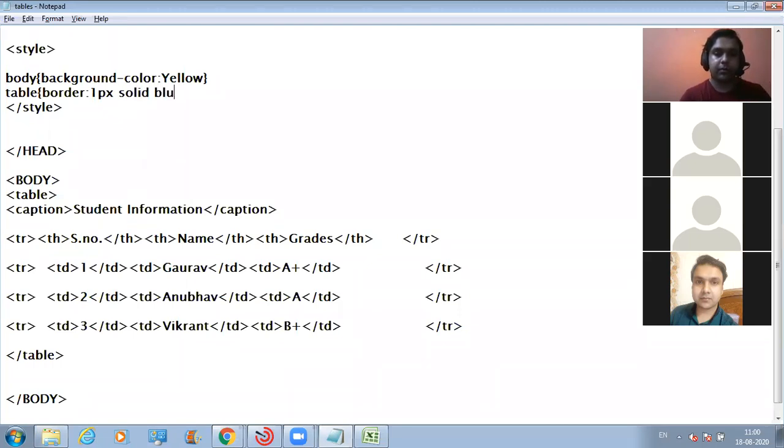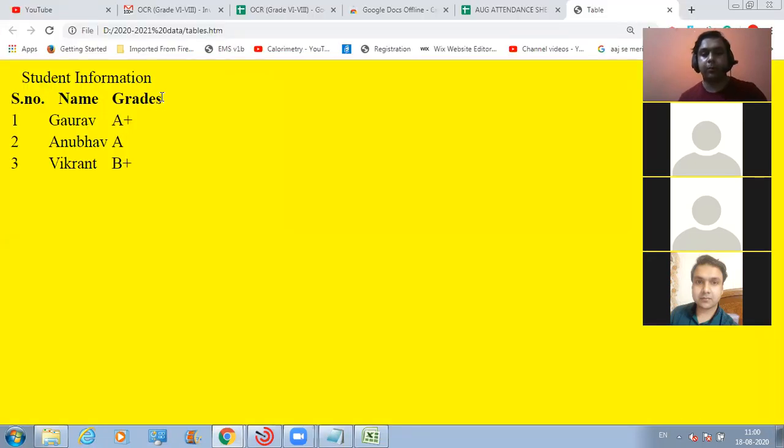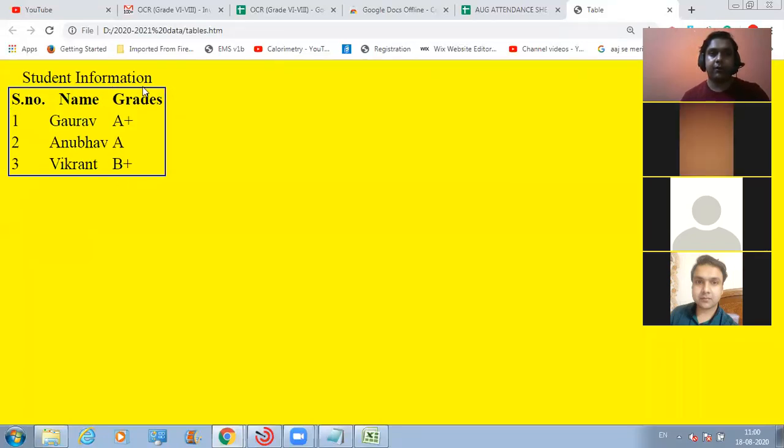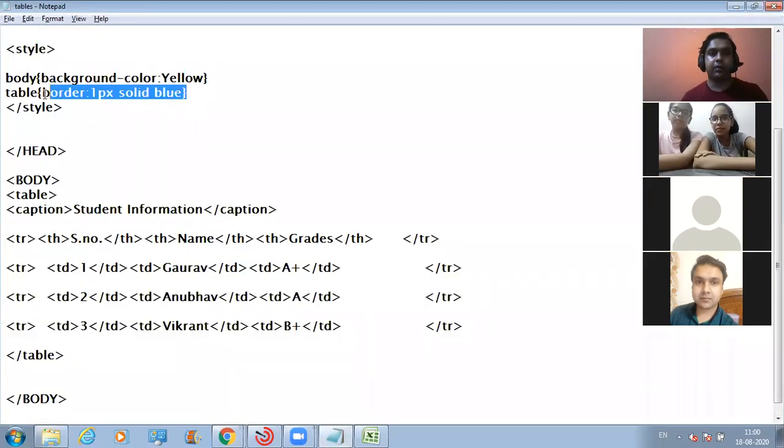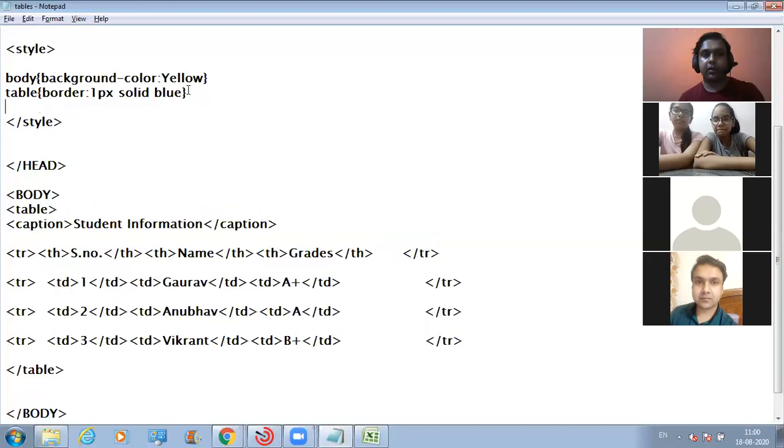Solid blue. So I want a solid border of 1 pixel and of blue color. Let's see what kind of output we are going to get here on this web page. So this is the border of the table, okay, that we have defined using this code over here.